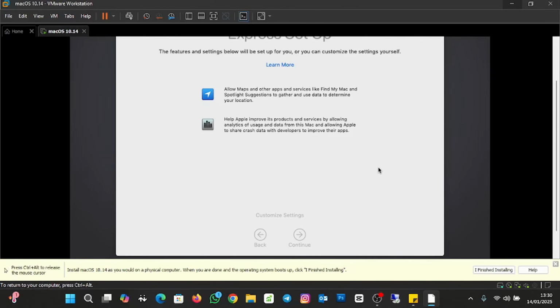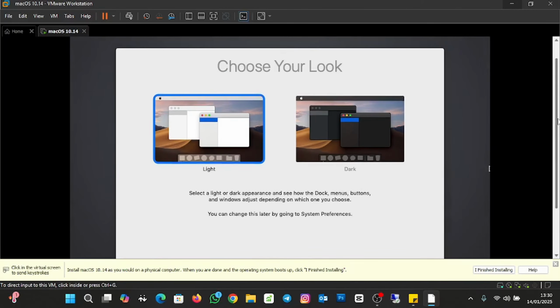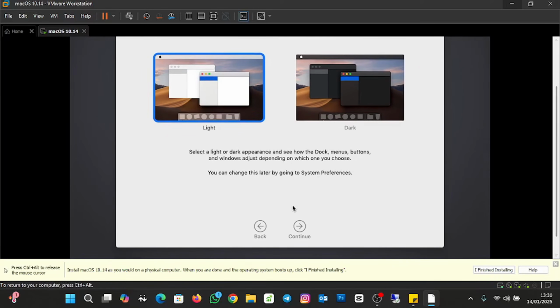All these settings I'm allowing are the default, but you can change all the settings after you finish installing the Mac. So here you have to choose the looks, the appearance, the desktop appearance of your Mac. So whether you want to use the light or the dark. In my case, I'm going with the light, the default, but you can select the dark if you want. So even if I select the light here, after the installation, I can still go to the dark if I want to use the dark. So let me click on continue,